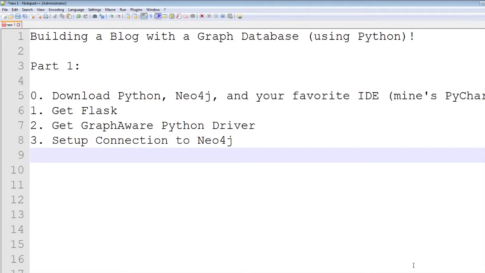Hello everyone, my name is Kyle and I want to take you through building a blog with graph databases and in particular using Python. Although the language or the framework of the system you use is mostly inconsequential, as we're going to try and offload a lot of the work onto the database. So this is going to be a multi-part series, and we're going to go through it step by step. And building a blog is very simple, so what's the big deal, right? Well, the big deal here happens to be dealing with graph databases versus your standard relational database system like MySQL